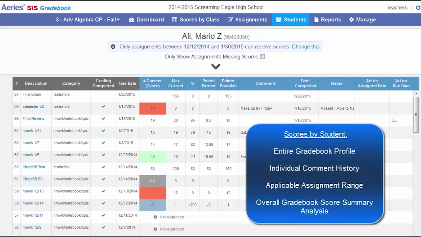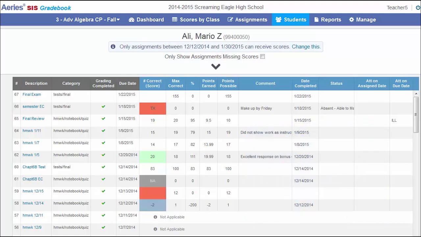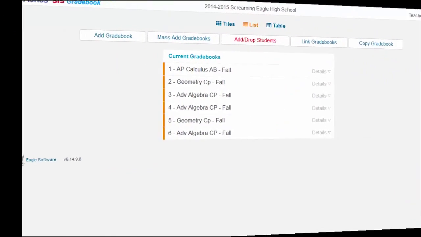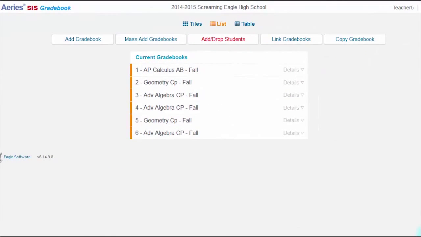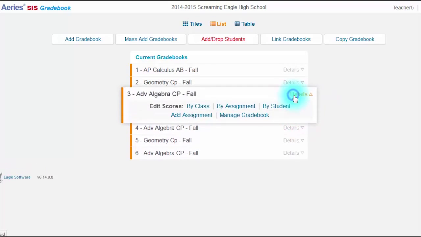Scores by Student shows all details for a specific student as recorded in a gradebook: individual comments, assignment date range, applicable scores, and assignment status. Let's tour Scores by Student, which can be accessed from the dashboard within the gradebook under Scores by Student, or